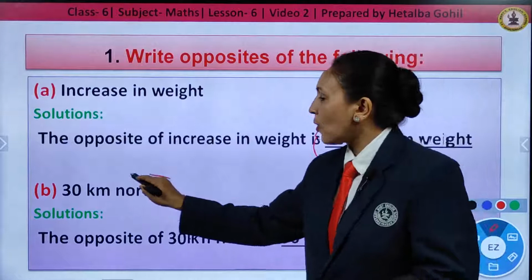Next, number 4. Withdrawal of rupees 700. Withdrawal means when you put the money in the bank and when you take it back out from the bank, that is called withdrawing, meaning removing the money from there. That means it is reducing your money there. So what will be the sign for that, children? When we are removing, we are losing something, so we will represent it by a negative sign, that is minus rupees 700.